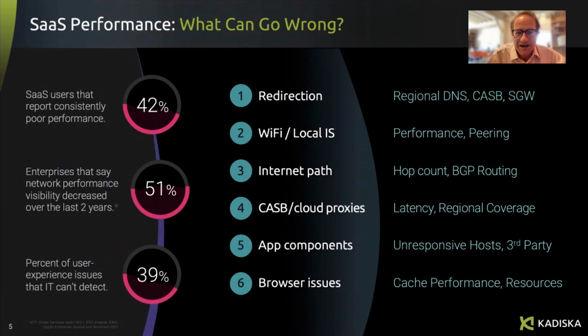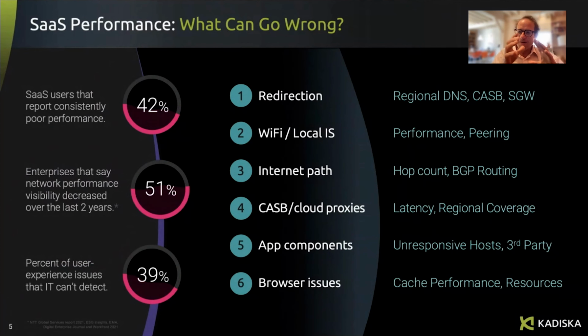And when you look at the number of companies that consider that their visibility on how people access the application through the network has evolved, more than half of the IT teams actually consider it has decreased. And when you look at SaaS, it's very important to think about all the potential things that can impact